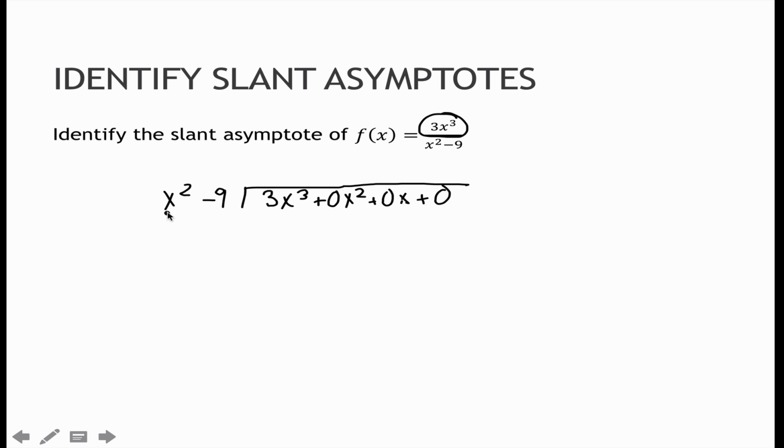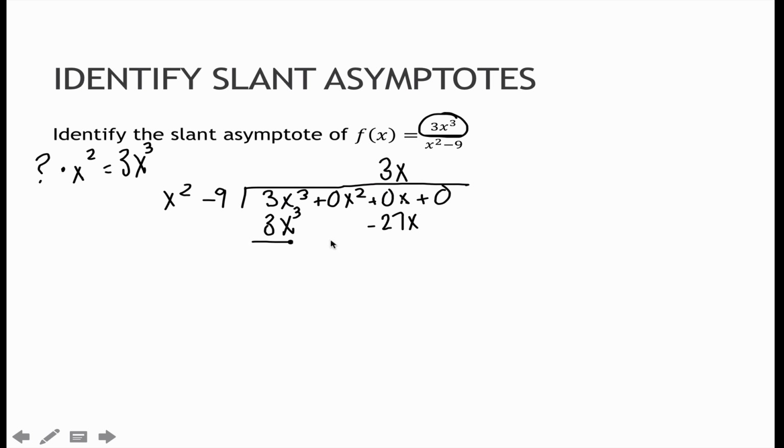Now I'm looking at x squared and 3x cubed, and I'm asking, what times x squared equals 3x cubed? I know I'm going to have to take it times 3, and also times x to get the degree correct. So 3x, and notice I'm lining it up directly on top of that 0. So 3x times x squared is 3x cubed, and then 3x times minus 9 is